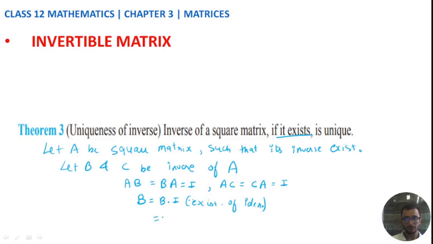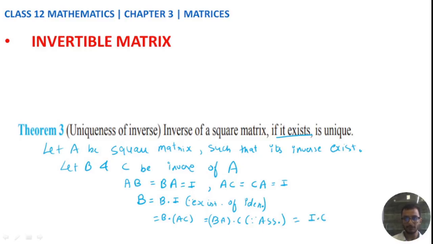Identity. Now B into, now our identity, if I am writing from here, what is our I? I is C into A, or else A into C. A into C. Now if I use associative law of matrix multiplication, it will be B into A into C. Why? Associative law of matrix multiplication. Now from here, what is B into A? It is I